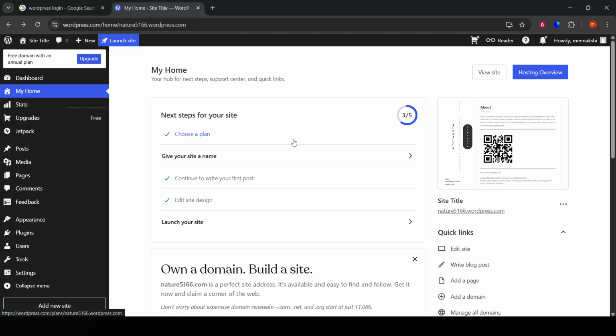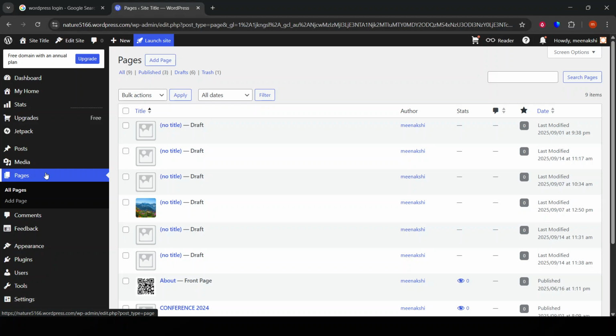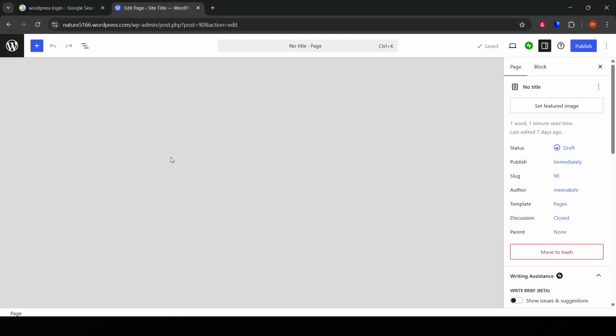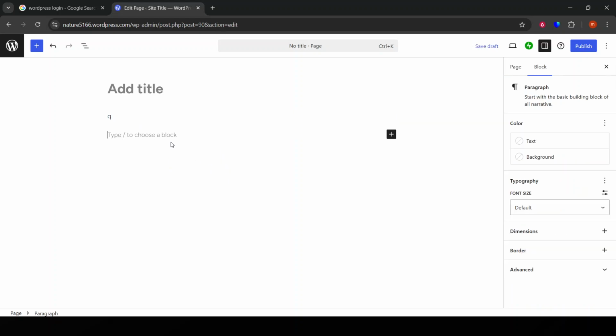Now, as you scroll down within the settings sidebar, search for the block tab. Clicking it will provide you with a range of options specific to the block you're working on. Your focus should be on the margin or padding settings, depending on what you see available. Both settings are crucial in adjusting the space around your columns. Margins will control the space outside of the column, influencing how it interacts with nearby elements. Padding, on the other hand, adjusts the space inside a column, affecting the space between the content and the column's